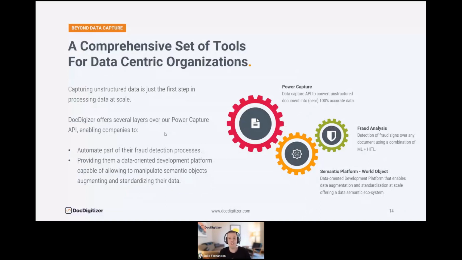So we offer on top of the data and on top of the fraud, also a layer that allows us to streamline, standardize information that is able to be compared, to transform the information. And this is what we call our semantic platform. So these three main flavors is what really is our set of tools when it comes to unstructured data.